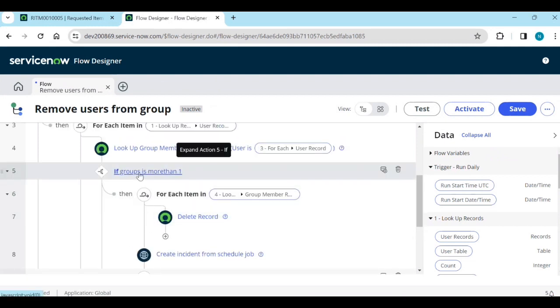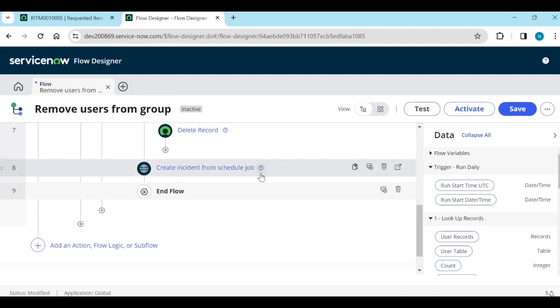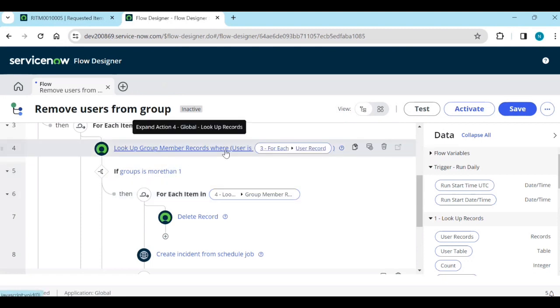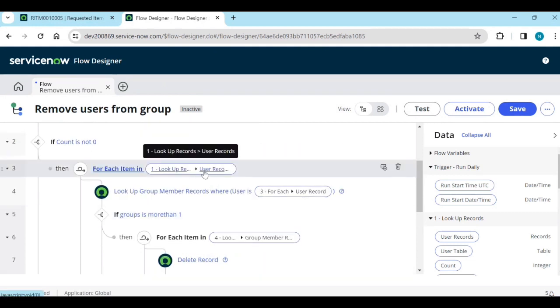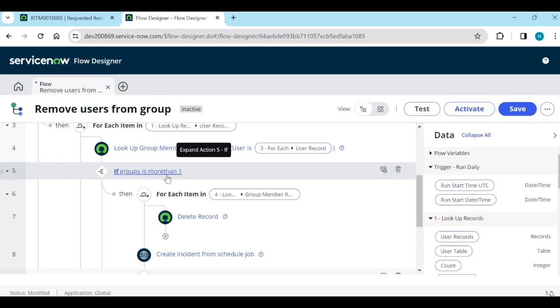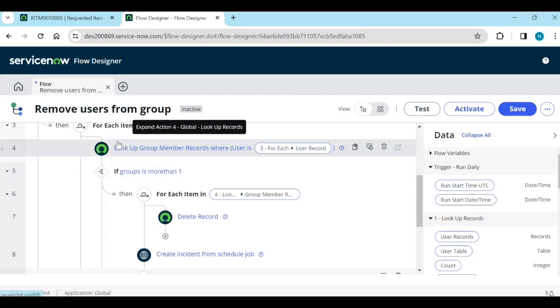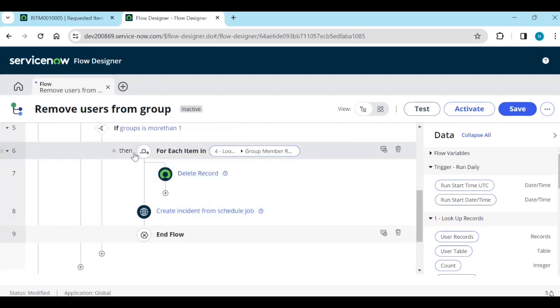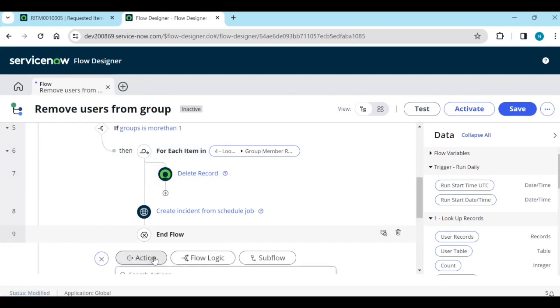That's it. So after creating, what you need to do is for each user record. Okay, for each user record, the group member user is the user record. Okay, and if group is more than one, or group is not more than one, then what you need to do is, if or else if, then you need to